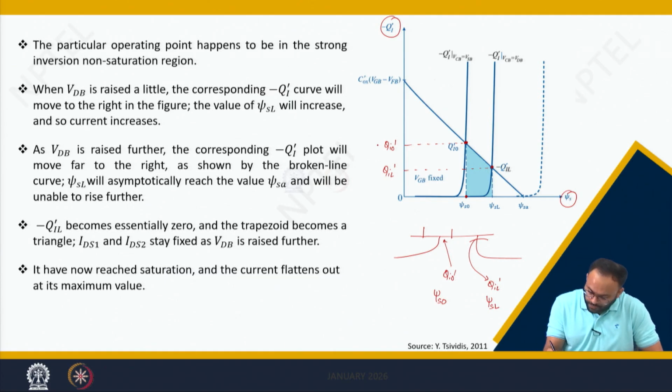Now, if we look carefully at the difference between these, meaning qi dash 0 minus qil,